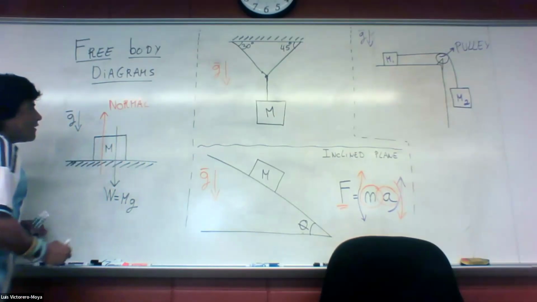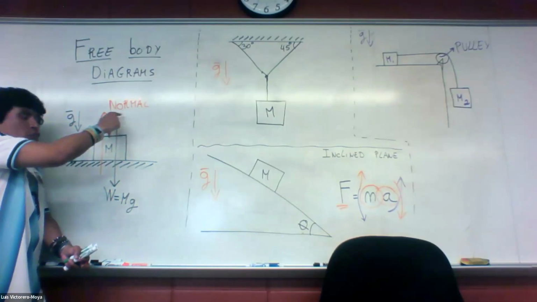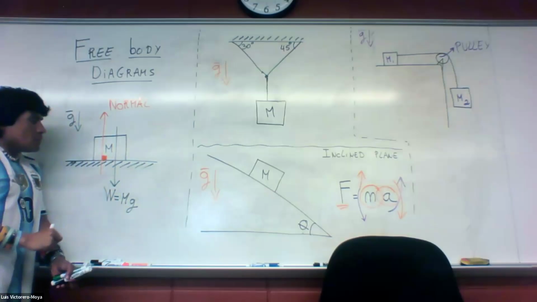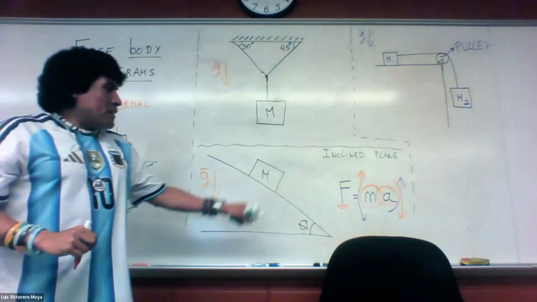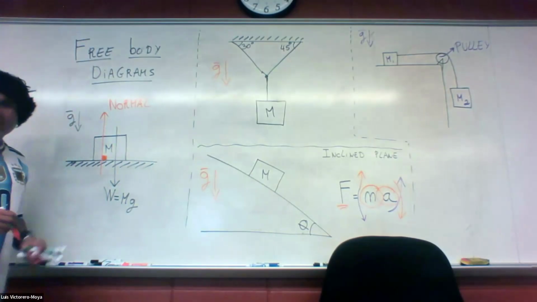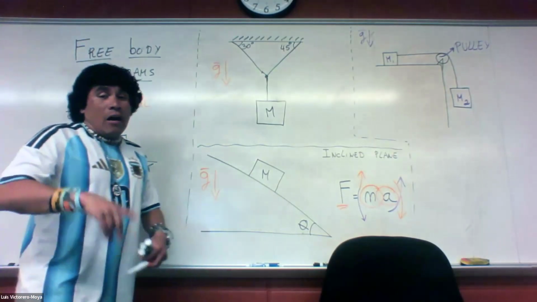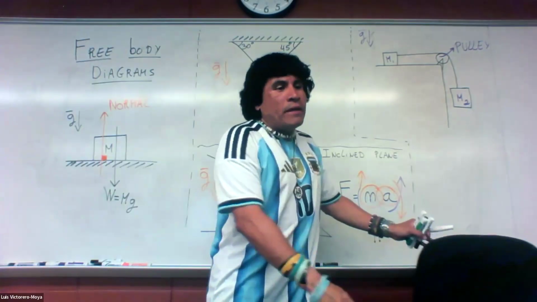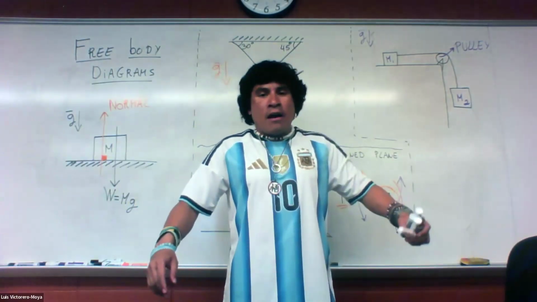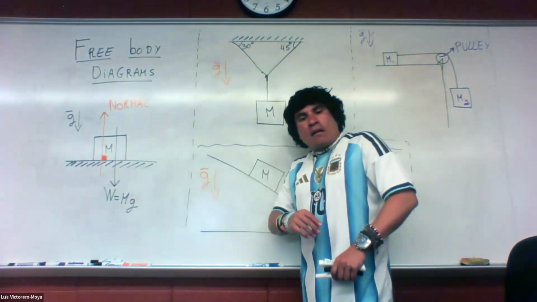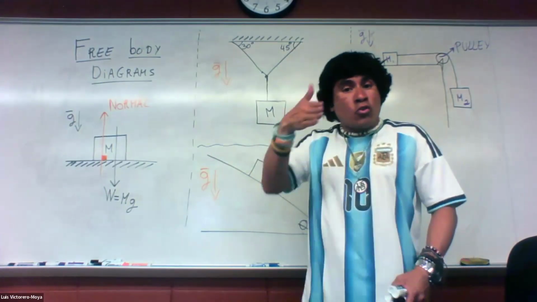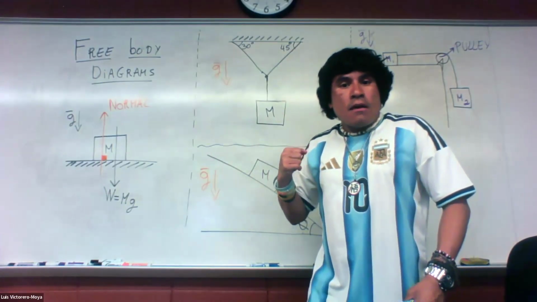Why do we call it normal? Because the normal force is always perpendicular to the ground. Okay? You're going to see when I do it here. Here is easy. Action, reaction. Okay. Now, normal forces only appear for objects that are on the ground, or if I'm, for example, leaning towards the board or towards a wall, there is a normal force from the wall towards me. But what about